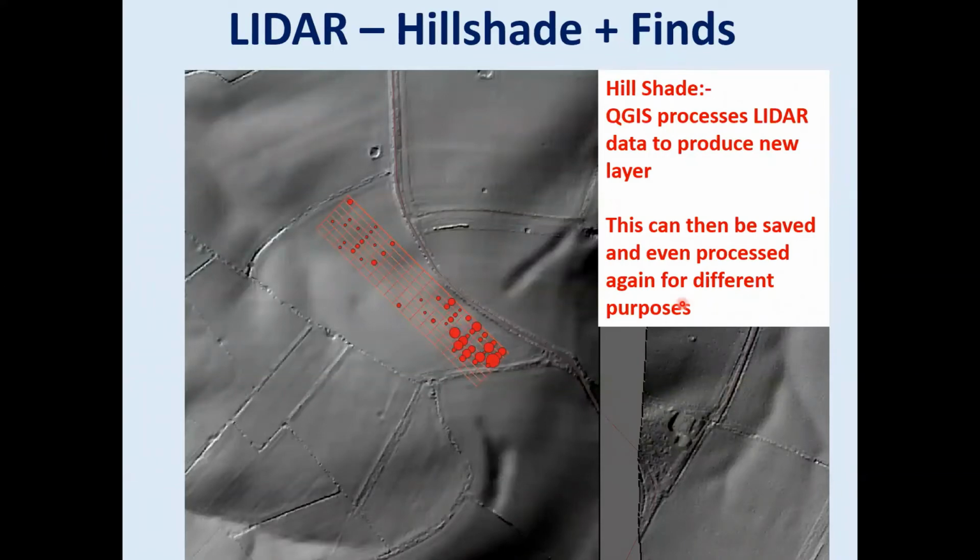This is from another site. This is from one of Paul's over in the Melton direction. So this is where we're now putting the hillshade and the fines together. One thing I would say is that once you've done the hillshade in QGIS, it won't automatically save it, but